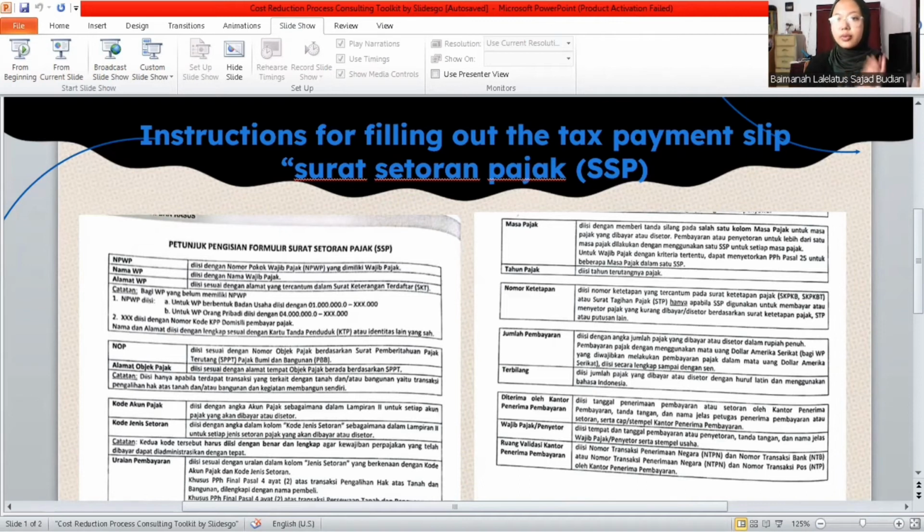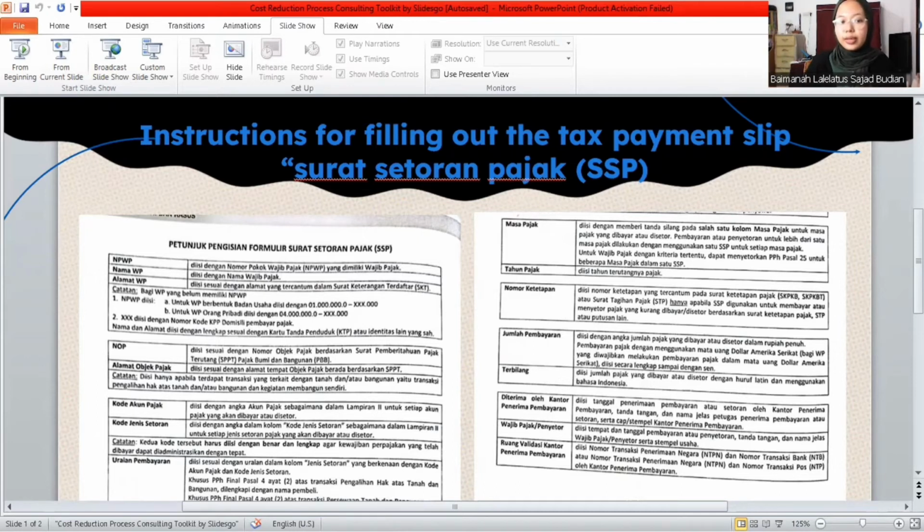For example, for the NPWP column, we just need to fill it by writing down our tax number. As we know, as a person, we have our own tax number, right? And we call it NPWP. And there is also nama WP, and we fill the nama WP column with our name, because there it says that we have to fill it out dengan nama wajib pajak, and it's our name because we are a person and we call it wajib pajak. So we fill it with our name, and there is alamat WP with some details,